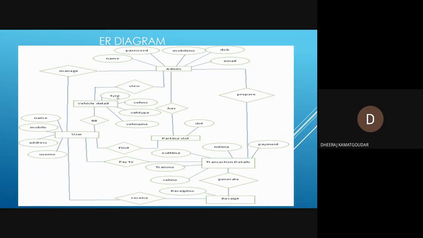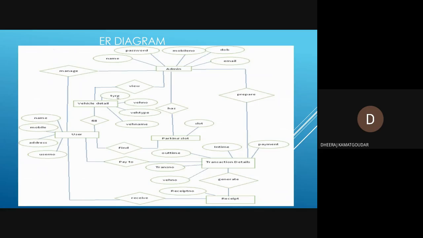And user has four attributes: address, user number, mobile, name. And receipt has receipt number attribute. Transaction details have five attributes: out time, in time, payment, transaction number, vehicle number. And parking slot has slot attribute, and vehicle details has four attributes: tire, vehicle number, vehicle type, vehicle name.